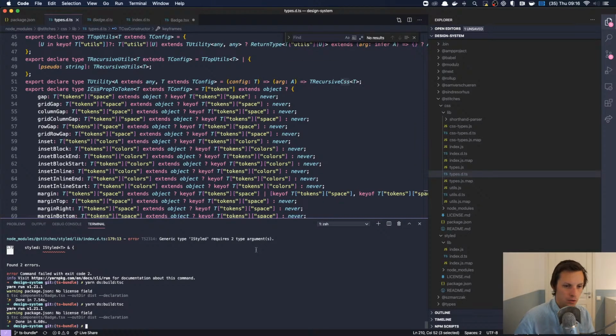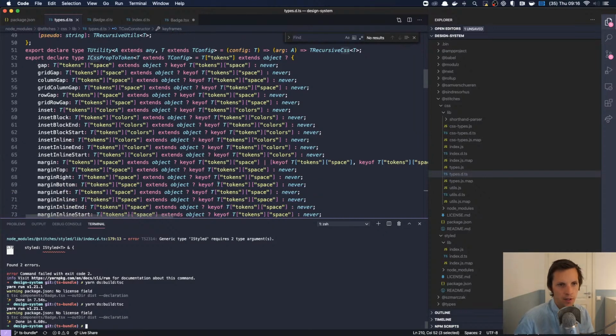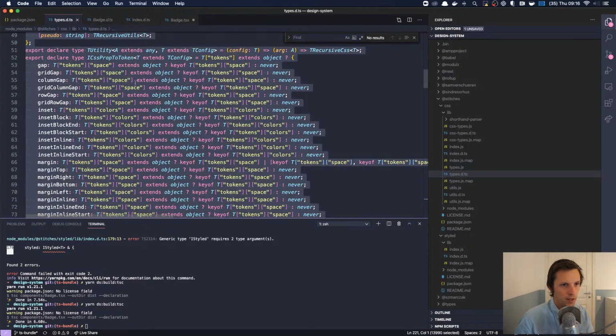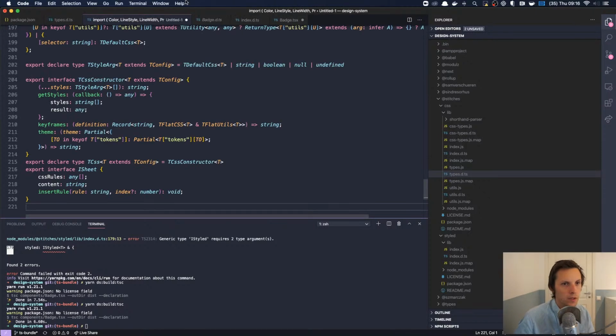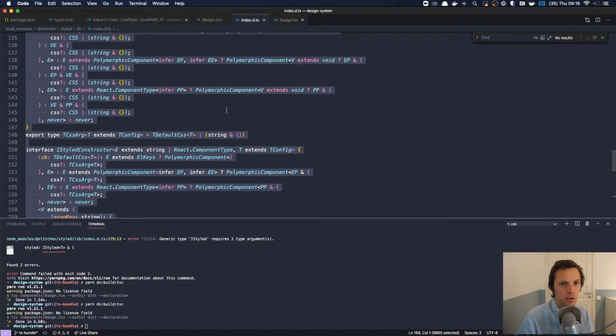Okay, so what we're going to do now, yes, I think that is actually the core of it. So we are going to try something now. I'm going to copy this so that we don't lose it.